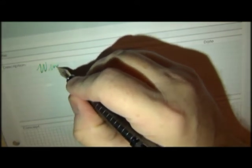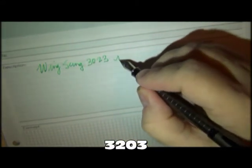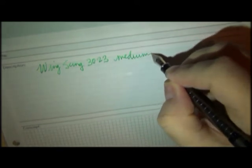Hey folks, this is the writing sample. I figured I'd do one just because I kind of like the pen. I like the way it looks, and maybe it gives you a better look at it. This is the Wingsong 3023, and we got this just recently, so I figured I'd give you guys a writing sample. So it is a Wingsong 3023. It's got a medium nib on it,